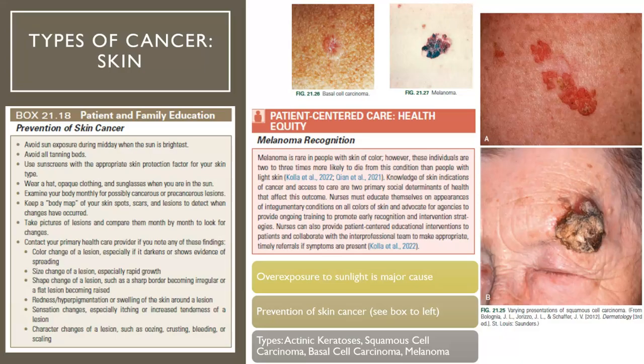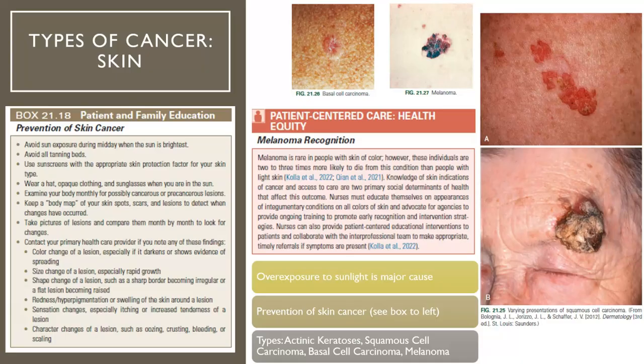Then your skin cancer. We live in Florida. We know skin cancer is prominent. It's a prominent part of our lives down here. Making sure that we're getting screened, monitoring, doing our own skin checks. But the dermatologist is your friend in Florida, I promise. Because they're going to do skin checks in areas that you can't see, and hopefully find things before it becomes a problem. So overexposure to sunlight is a major cause.